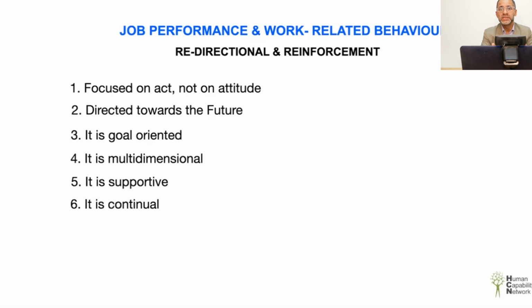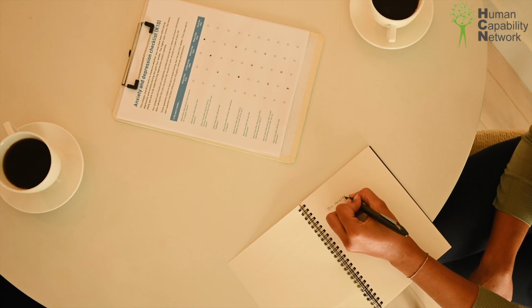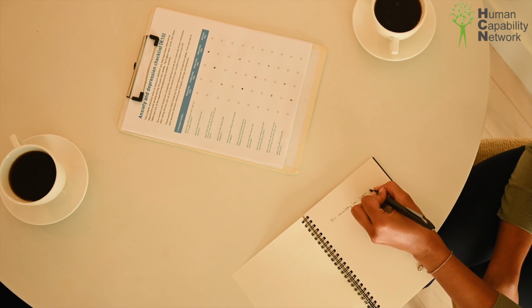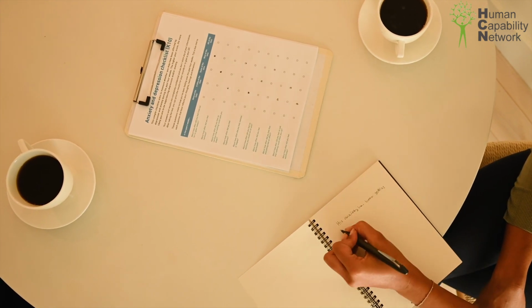And that is why you would see that when redirectional feedback is given in the right and proper way, over a period of time the redirectional feedback becomes reinforcement feedback. So instead of thinking about a particular event or occasion to give feedback, good managers, excellent managers, give continuous feedback, and likewise the feedback recipient is also very positive that he or she is getting feedback to improve upon their current state of affairs so that everyone wins together.